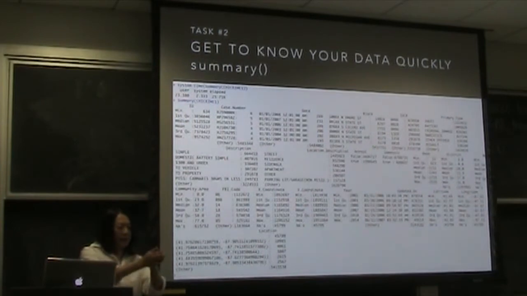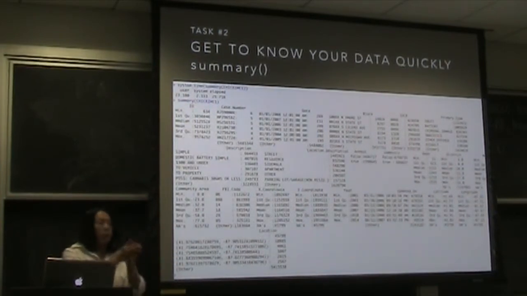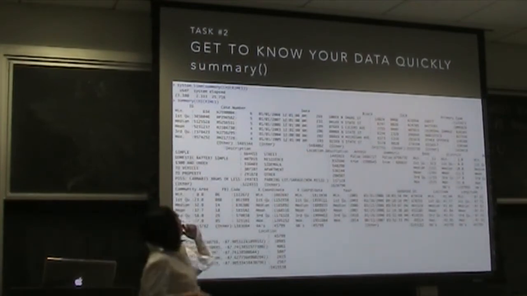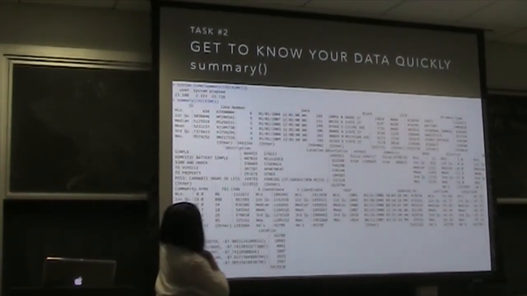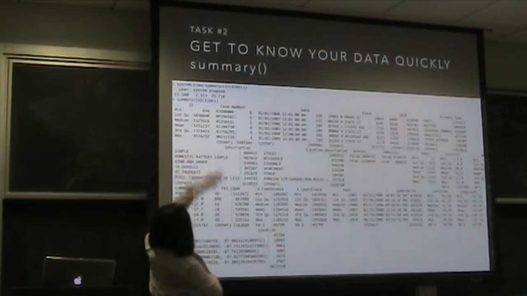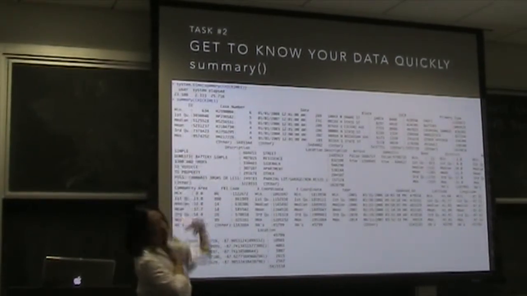You know, you go down a path and it doesn't work because there weren't enough observations to support what you're trying to say. So let me show you a couple of things. Okay, summary is really fast. I mean, I timed it here. System.time is a timing function.